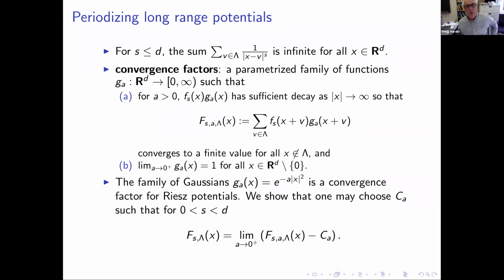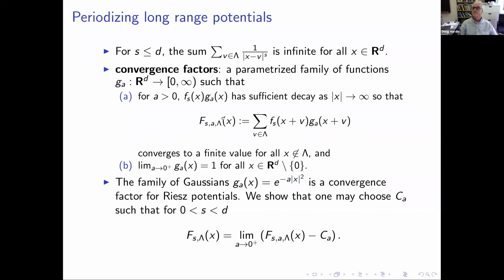So, for example, if you take a Riesz potential with S bigger than or equal to 0, the logarithmic case would work as well, you multiply that by a Gaussian, and now the product will decay sufficiently fast